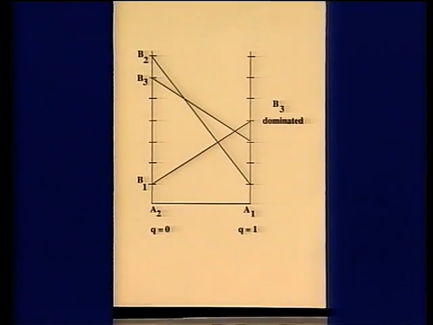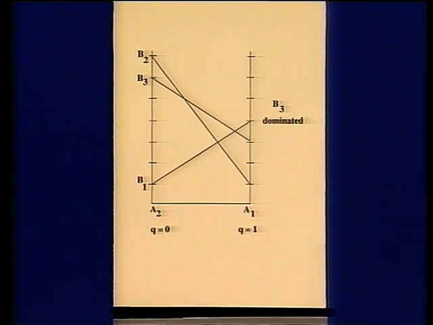The great advantage of having two variables for one player is that we can draw pictures, and that's precisely what we're going to do in order to effect the solution here. The diagram you see shows the three strategies of B plotted on the same axes. The left-hand vertical line is strategy A2, which means Q equals 0, and the right-hand vertical line is the strategy A1, where Q equals 1. And we've plotted on a linear scale the points for B1 at A2 and B1 at A1 and drawn a straight line to connect them, and similarly for the other two strategies of B.